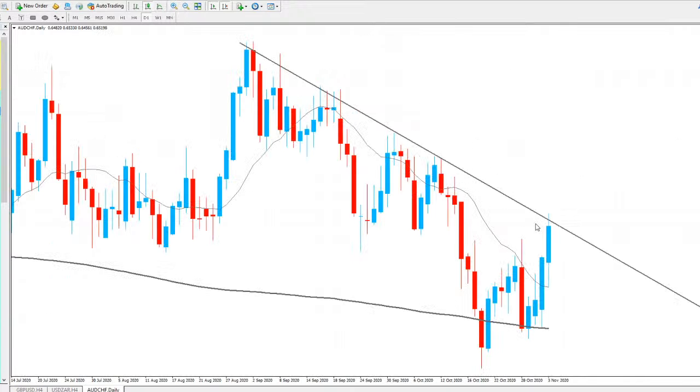But like we said, we're still at that trend line, and naturally do expect a move to the downside because that trend line will act as a resistance. So it could see a push to the downside before inevitably we go and break the trend line to the upside. So yeah, I hope that analysis helped.